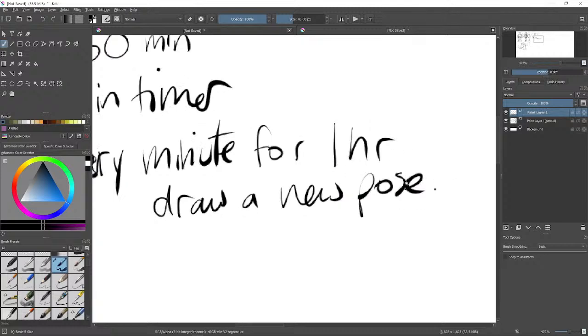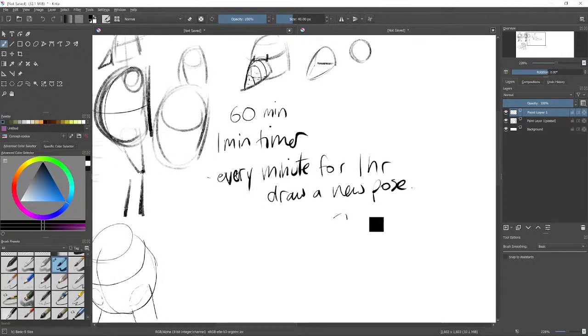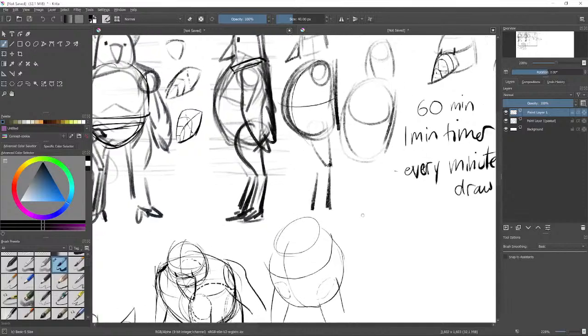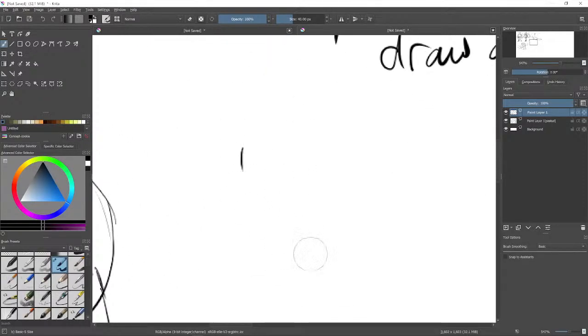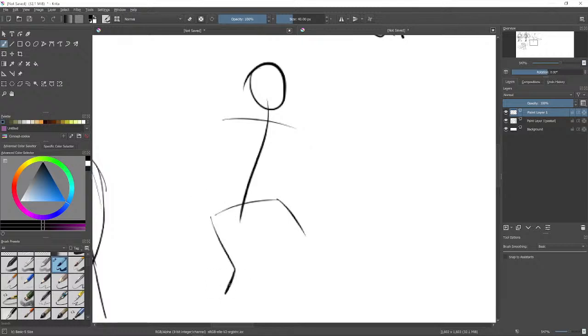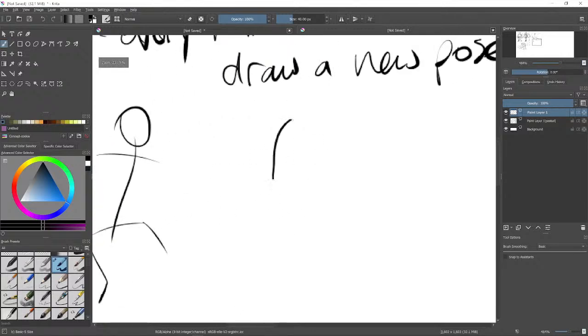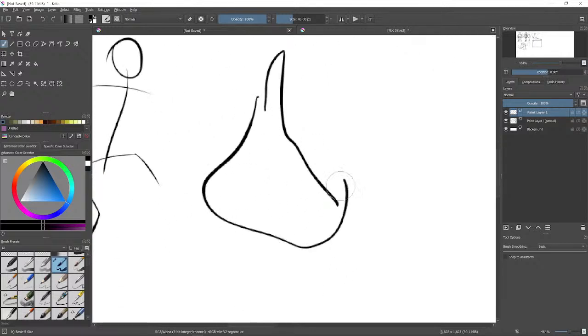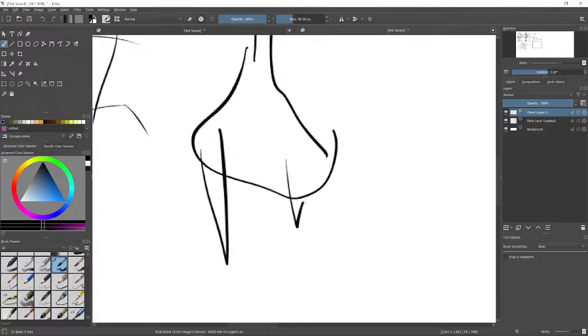And the ideal for this exercise is you don't look at reference. You just pull from what's in your brain, and you kind of try to figure it out yourself. Okay, you might come up with a drawing where you think, I don't know what to do next. You might come up with a drawing that's just a stick figure. You might come up with a drawing that's really broken. Doesn't look right at all. Doesn't look like a character,